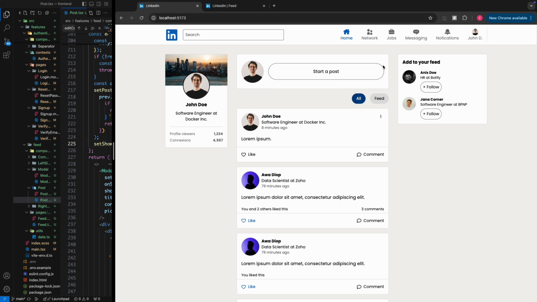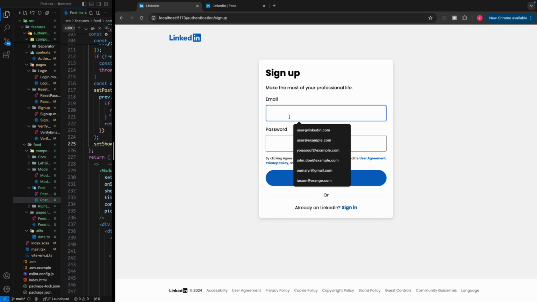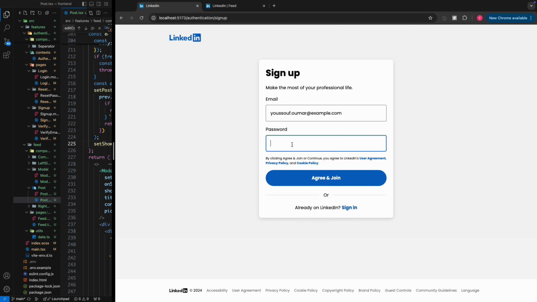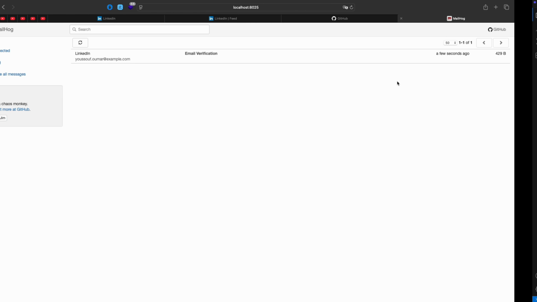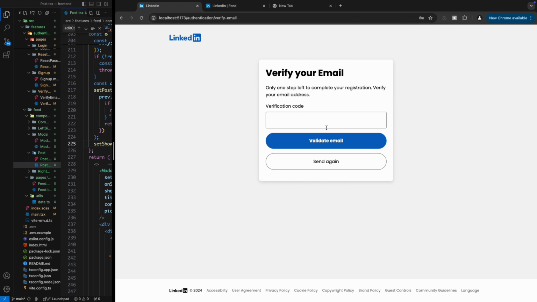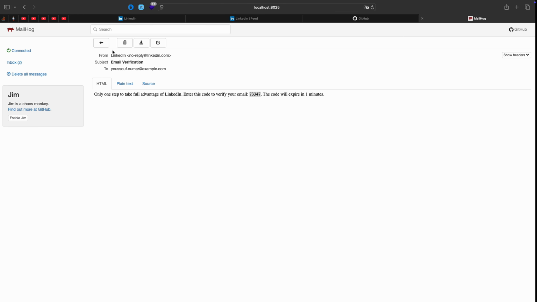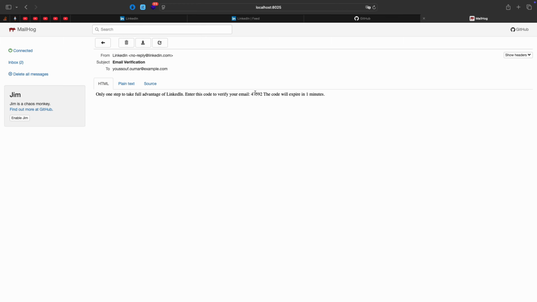So now, if I actually log out, okay, and sign in a new user, let's say I'm going to use yusuf.omar@example.com, and I'm going to create one. Okay, it has sent an email to our SMTP server. If I grab it, so it's saying it has expired. I'm going to ask again. So yeah, we have a new one. I'm going to grab it